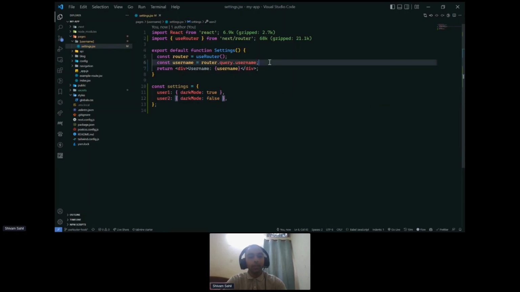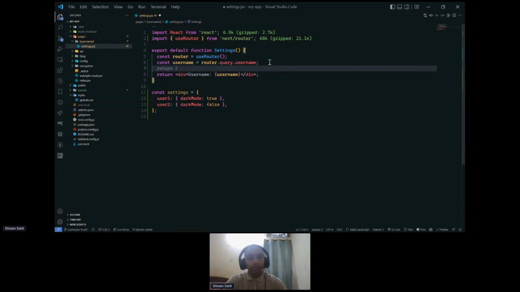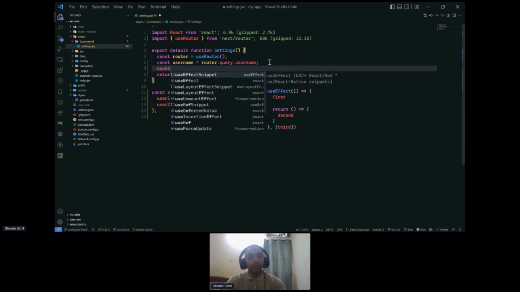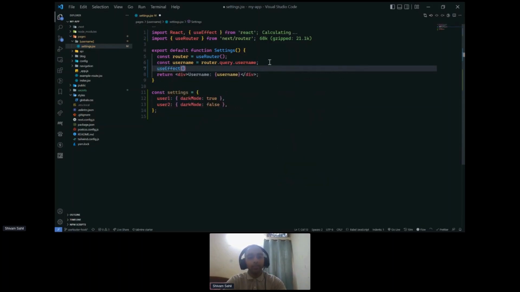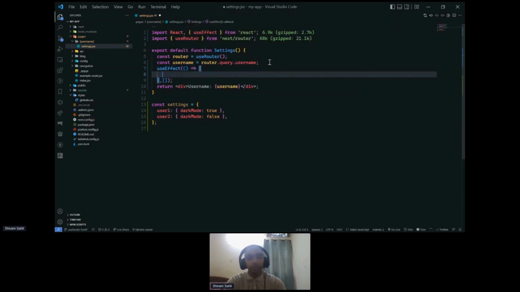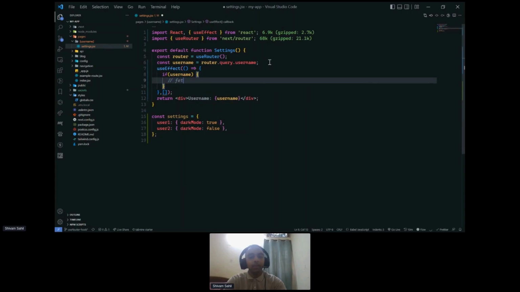So then you can actually make a query, like an API call. If it is in the backend, you have to use a useEffect, and inside that useEffect, whenever the username is defined, because this would load at a certain time and won't be immediate, you have to check if username is defined. Then you can make a fetch request to the backend to get the user one